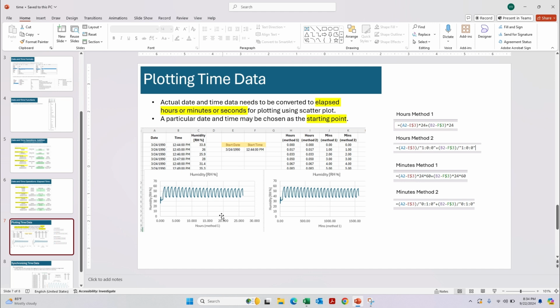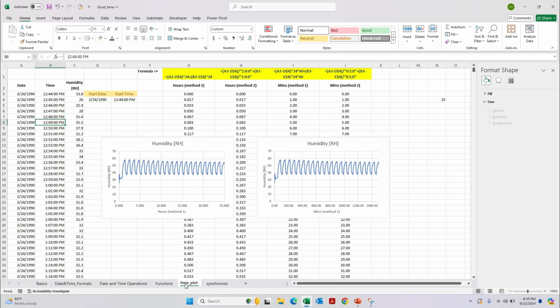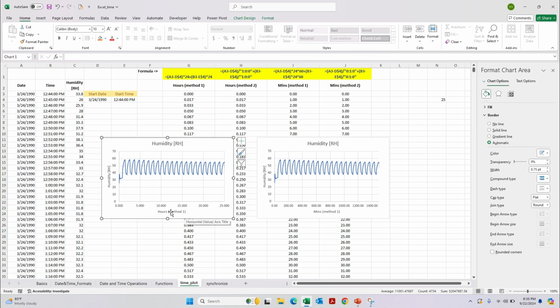You don't have to worry too much about the details of charts and plots. We will have another lecture on that, but I'm going to jump over that portion really quickly here and come back to it in the next lecture. So if you look at plotting time, let's say this is the data you got from column A to C. To generate a plot like this, where you have hours on one axis and your measured value, humidity, on the other axis,